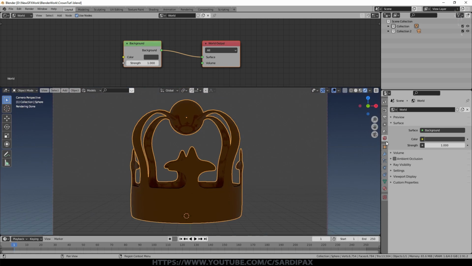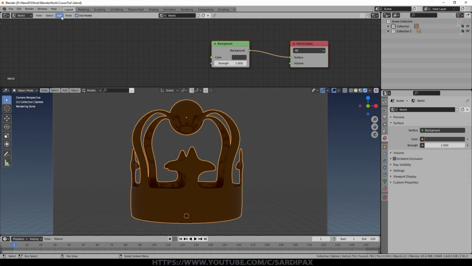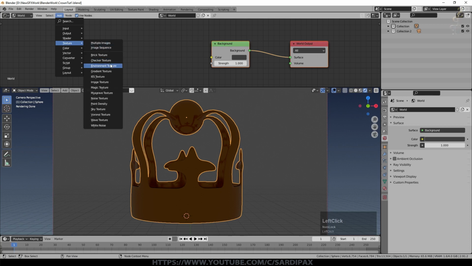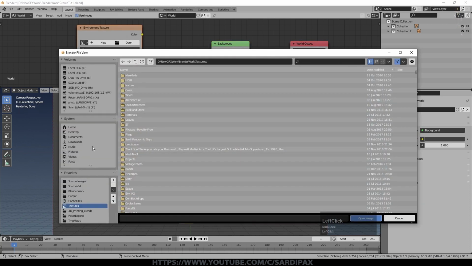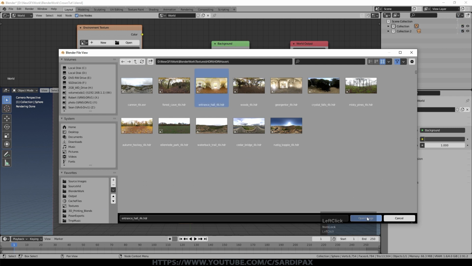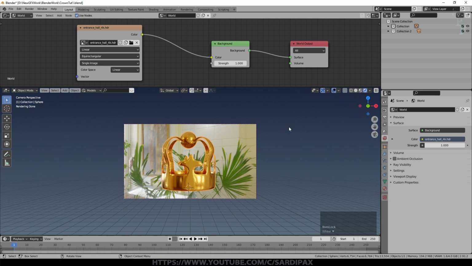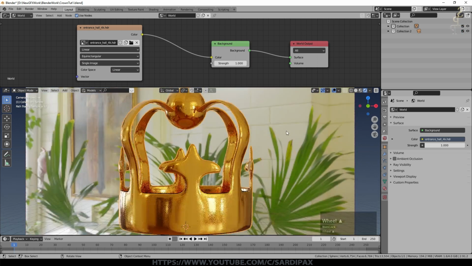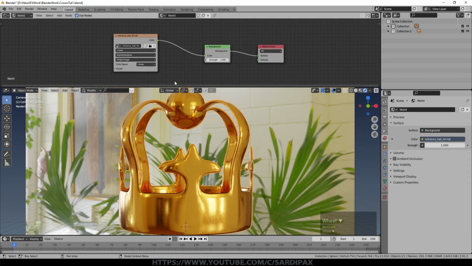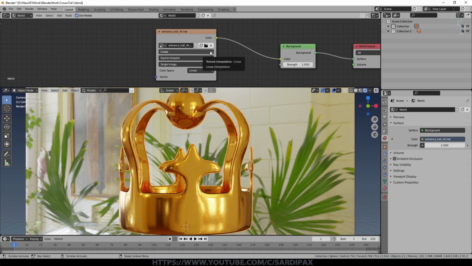Now initially I wanted a black background, but I wanted to evenly illuminate the metal, and that's why we need a little trick in here. So to begin with, I'm going to add a texture which is an environment texture, and then I just selected one that was a sort of room and then connect that into the background. And there it is. But I don't necessarily want that room in the background, so I need to add a little bit more. But you can see it's now illuminating the metal much better without having added any lights into the scene at all. I did end up adding lights as well, but that's because I wanted to add highlights and things like that under my control.